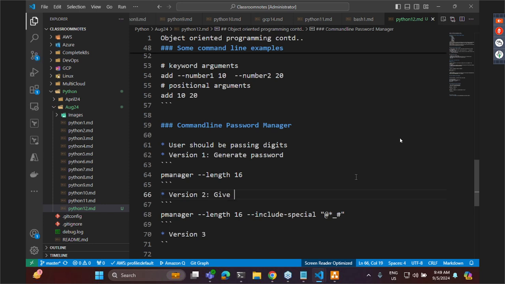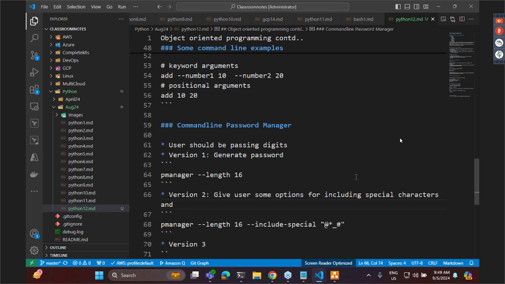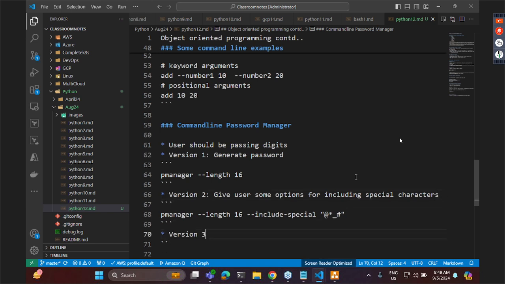Second version, give user some options for including special characters, and special characters are enough for now for this version. Then give the option for the user to generate a password and provide, save and